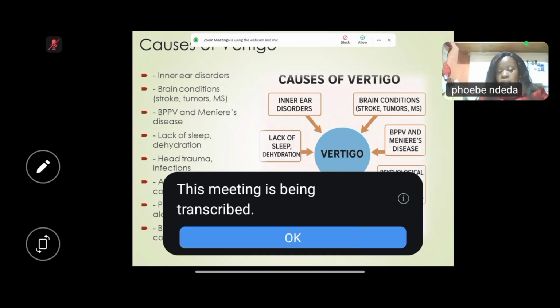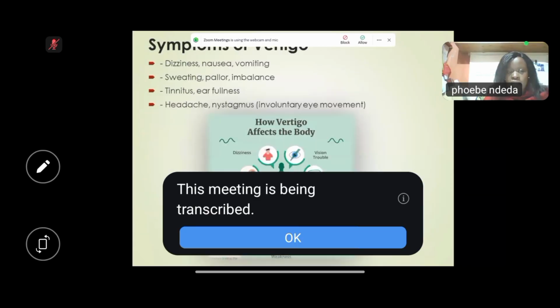Now, the diagram you're seeing there is to help you understand. It has been put in clusters to help you for learning purposes. So let me see our next